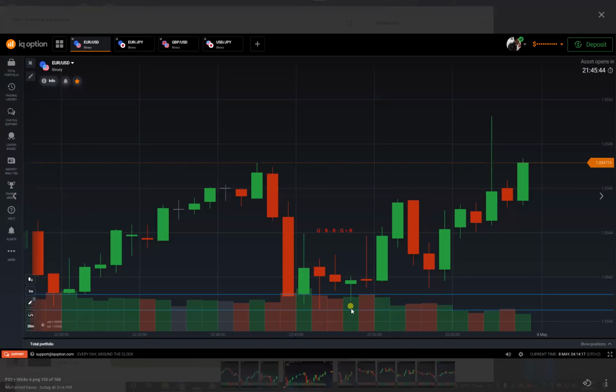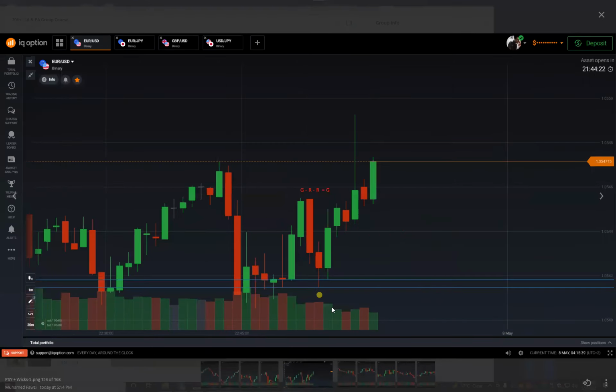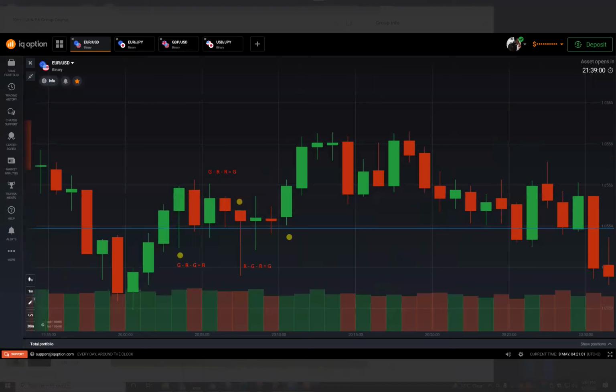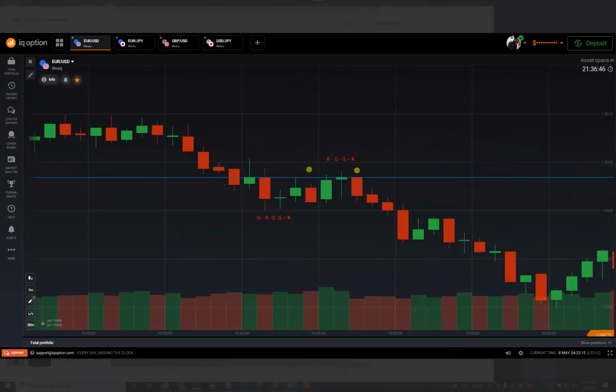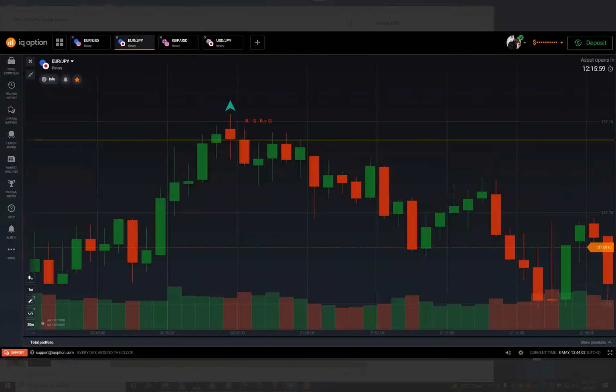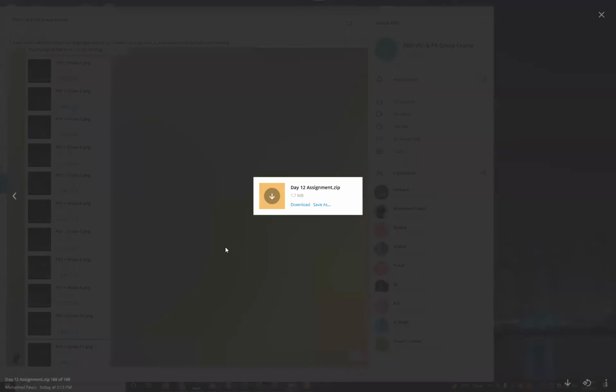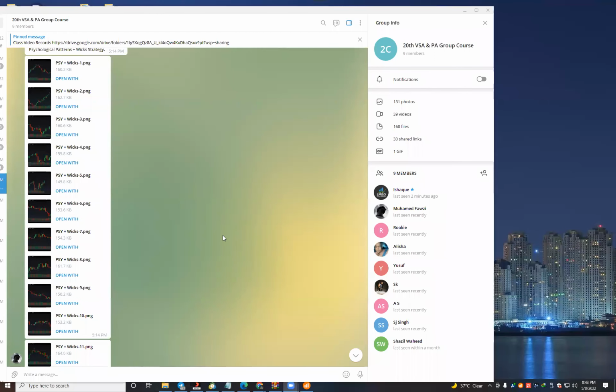And he also gave us a circle here, right? That this is the only trade. If there are 2 circles, it means there are 2 trades. So he's shown us red, green, red type of patterns, like psychological patterns. Okay, so now how can we know that the price will reverse from a certain level for 5 minutes? That is the very important point to understand reversals for the 5-minute expiry.